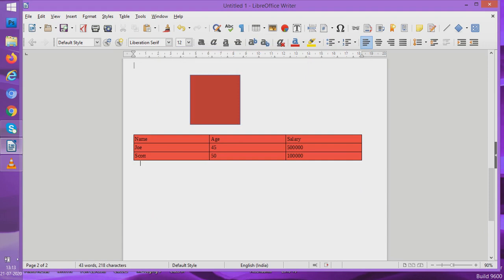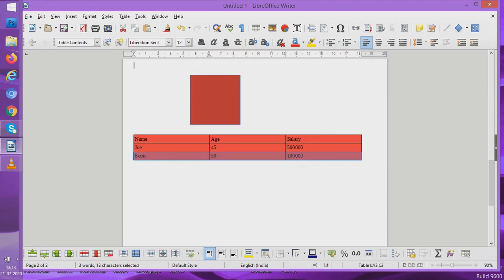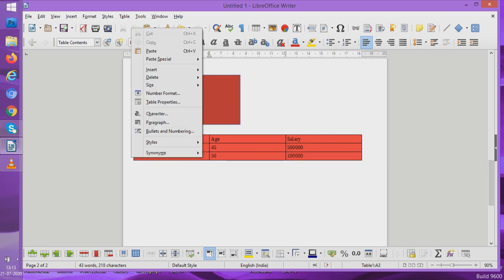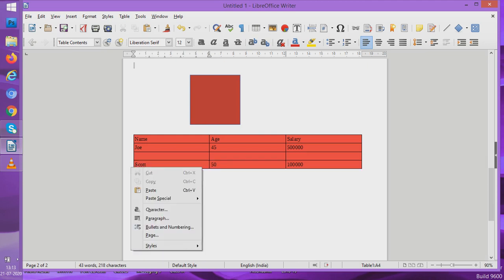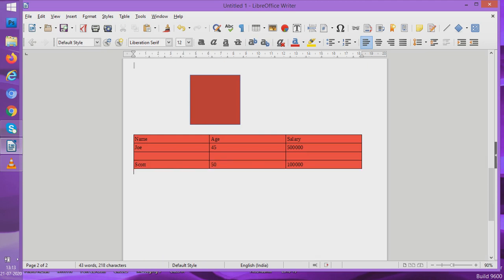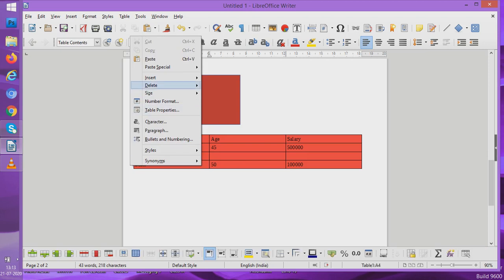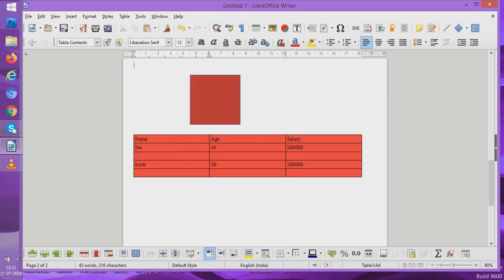You can use tables. Now if you want to insert one more row at the end, you click here. As you move the mouse pointer near the last given row, an arrow comes. You can right click here and there is an option called insert. So you can insert a row above that given row or below. If I say above, a row was inserted above. If I say insert a row below, a row would be inserted below.